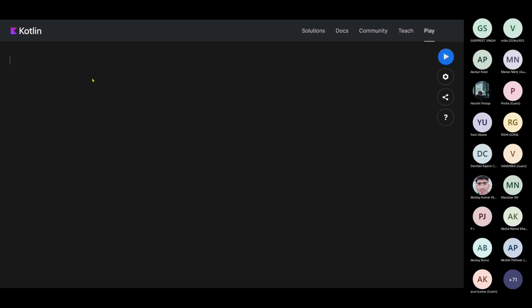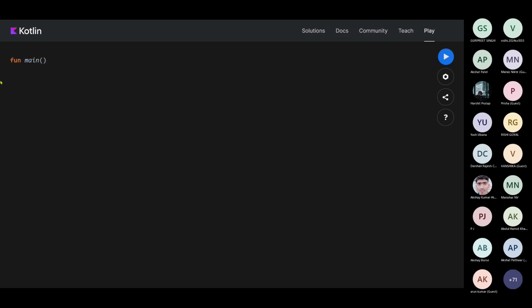So what's the syntax of Kotlin? Let's write a simple hello world program in Kotlin. I guess everybody knows that function. We have a main function in a program. What does the main function do? Whenever a compiler compiles your code, it first looks for the main function. It will execute the main function, and accordingly the methods in the main function will be executed. So the most important thing in our program is the main function. Let's write a main function.